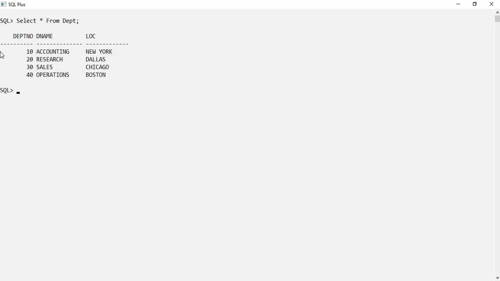Can a department exist without a department number? No, it should be mandatory, right? Can a department exist without a department name? Now, that is also mandatory, because without a department name, what will you call it? And can a department exist without a location? No, that is specific. Not all the departments are present in a specific location. They might be spread across. And some departments need not even have a location for the department to exist.